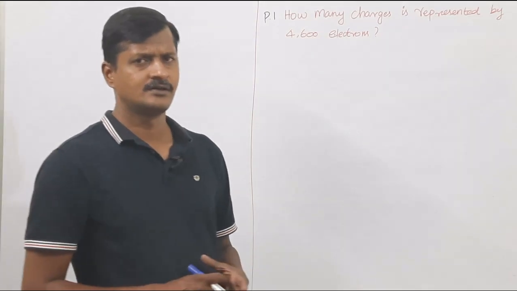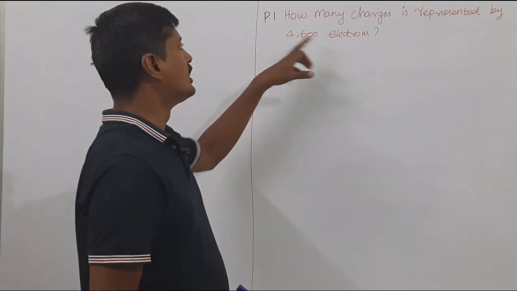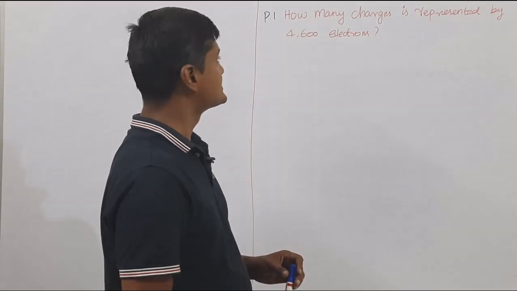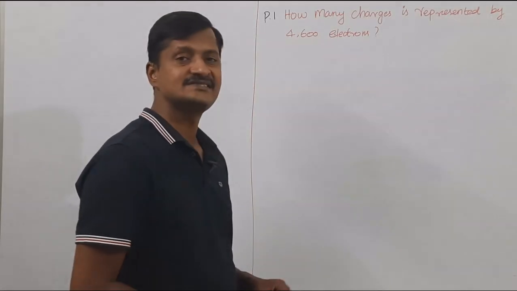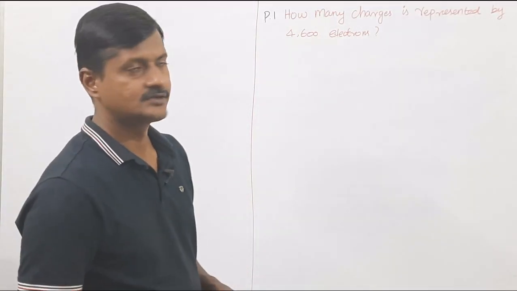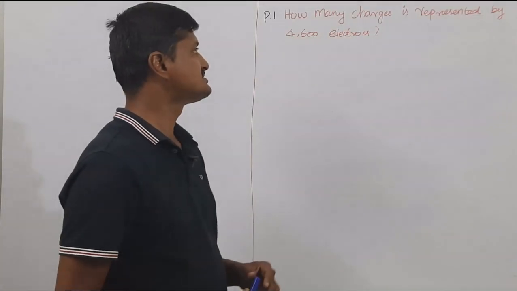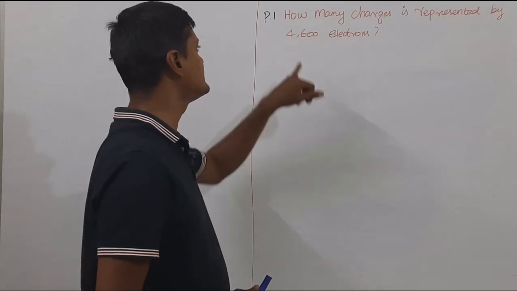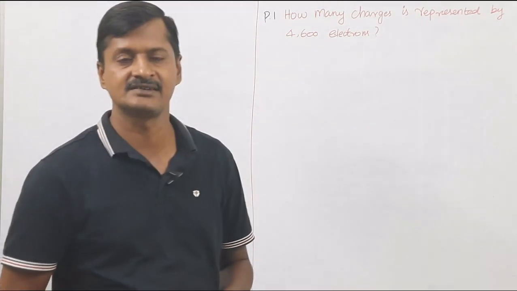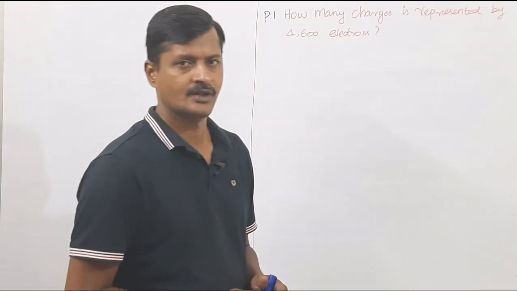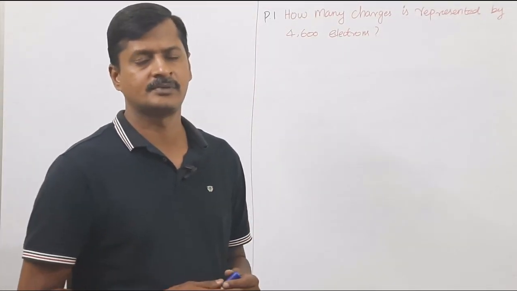Okay, let's start with problem number 1. How many charges are represented by 4600 electrons? Okay, so we know